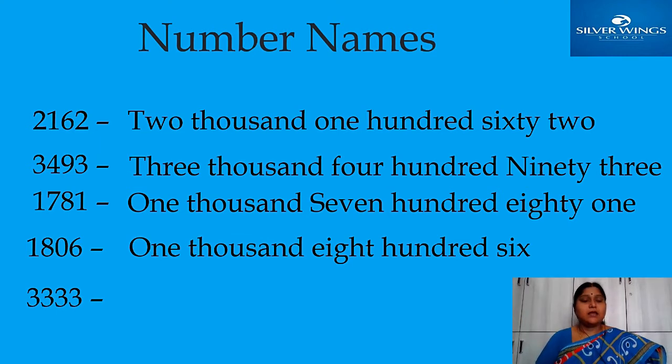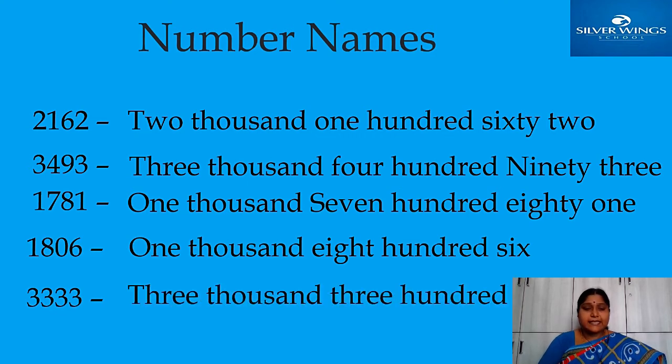Next. See here. Once again I will repeat that number, fourth number. 1806. Next, the last number on the screen. The 4-digit number here. All four are 3's only. 3333. Then you start from your extreme left, that one with the 3 only. Then you start with 3333. Okay, 3333.